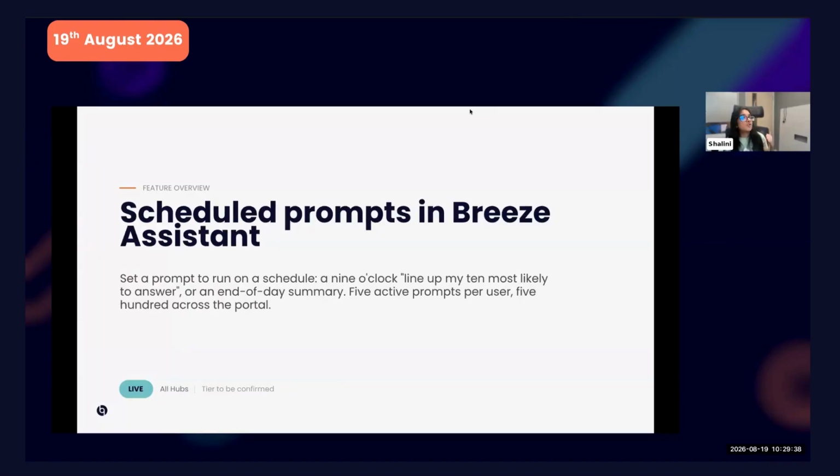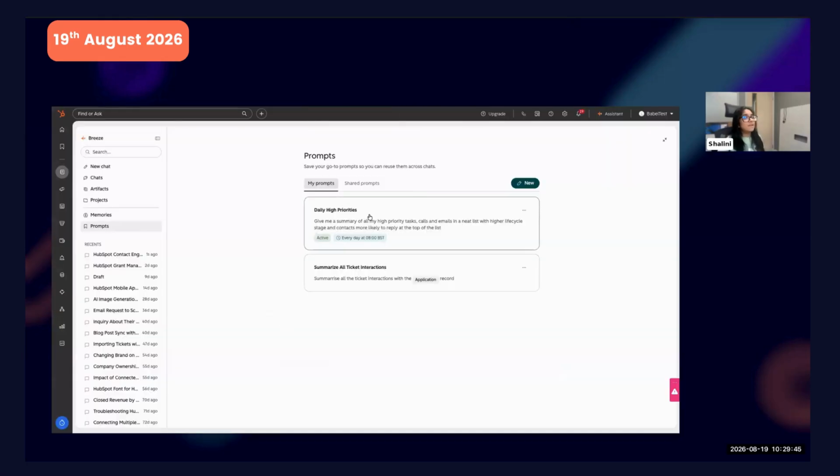And I'm going to go through the scheduled prompts in Breeze. So I have a prompt I wanted to run at 8 a.m. every morning, and I wanted it to give me a summary of all my high priority tasks, calls, and emails in a neat list with higher life cycle stage taking importance. So when I set it up,